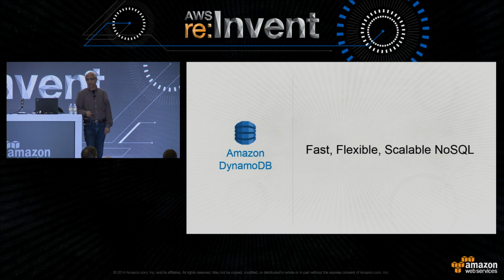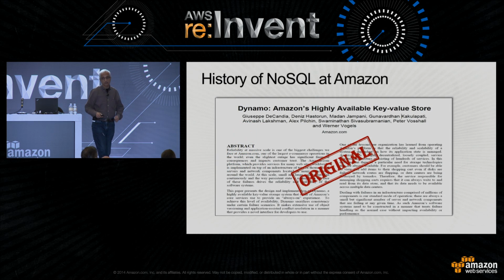Let me start with a little bit of a history of NoSQL at Amazon. I guess the way the story goes, and I wasn't here at Amazon at the time, is that in 2004, in our busy Christmas season, where we make a lot of our money as a retailer in the e-commerce space, our databases, which were running on Oracle RAC, I believe, decided to go down. And we had an outage for, I think, a number of hours, and we lost millions of dollars. And after that, Jeff called Werner, who's our CTO, and said, hey, you've got to have a better database next time around. You've got a year to figure this out because Christmas is going to come around next year, and I don't want to have this issue.